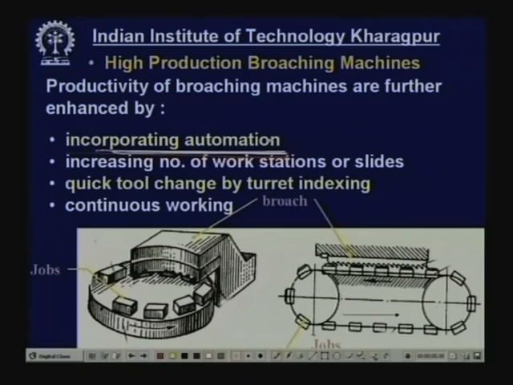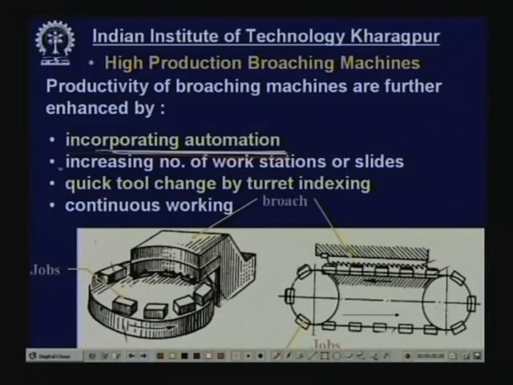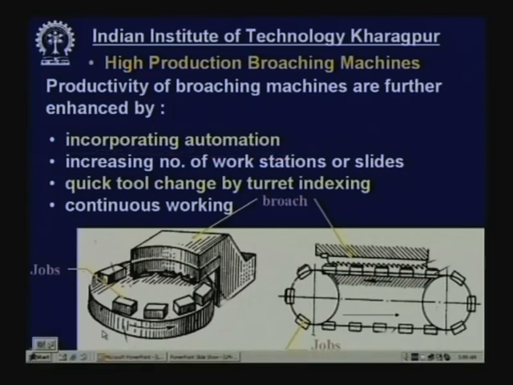So, some kind of automation, then say entry of the blanks and removal of the blanks. The conveyor, all these things can be automated or mechanized. Another way of increasing productivity is further increasing the number of workstations or slides. Here this means that